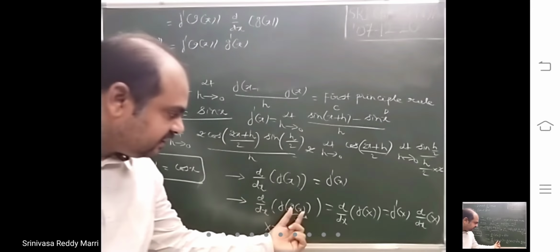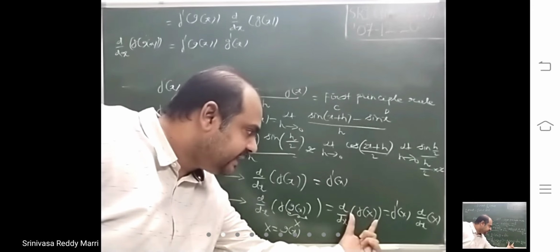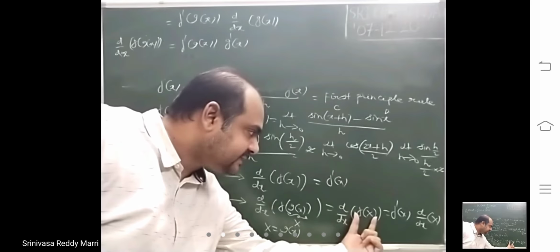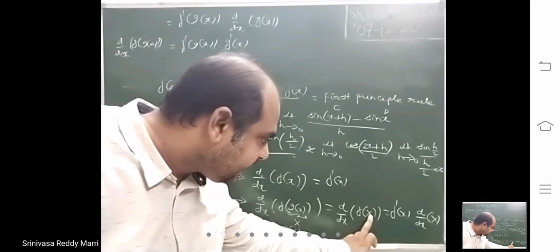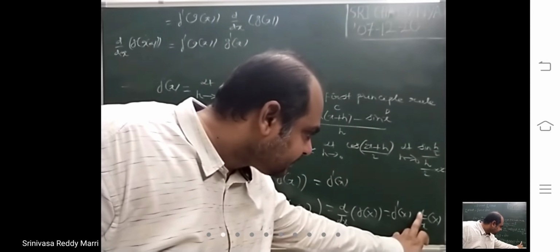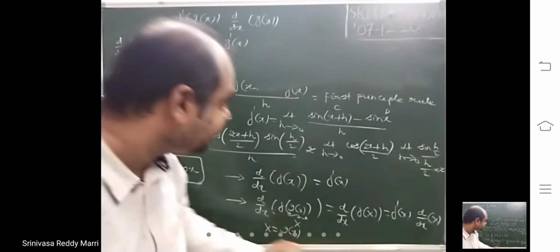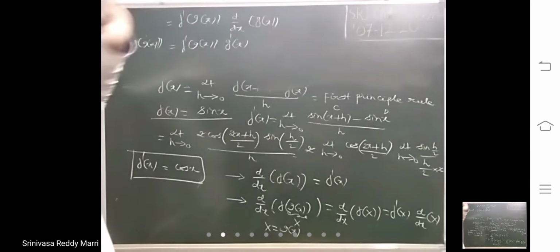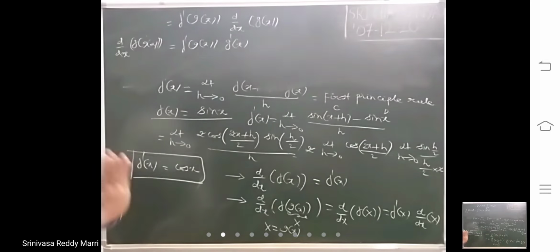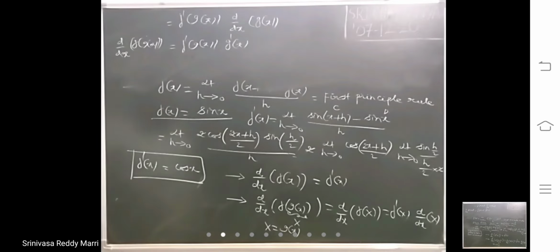Just simple. Whenever the function is there, you take that as capital X. So it will become d by dx of f of capital X. The derivative of f is f dash, into d by dx of whatever capital X has been taken. So substitute that: f dash of g of x into d by dx of g of x, that is g dash x. So remember this theorem. Proof is not necessary. While solving the problems, you will understand how you will get it.